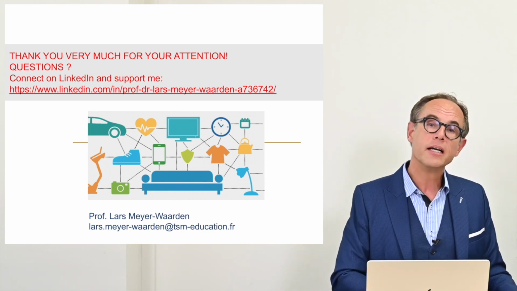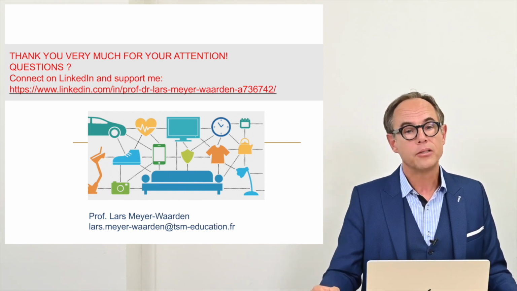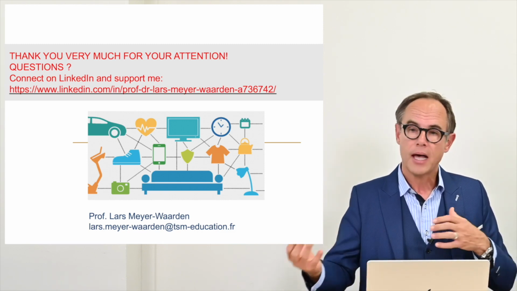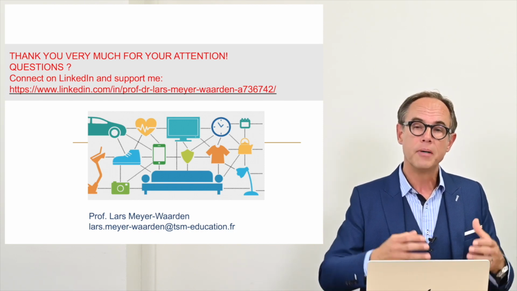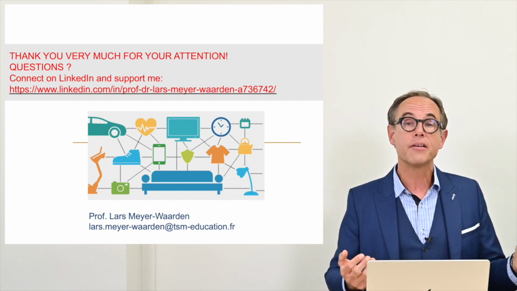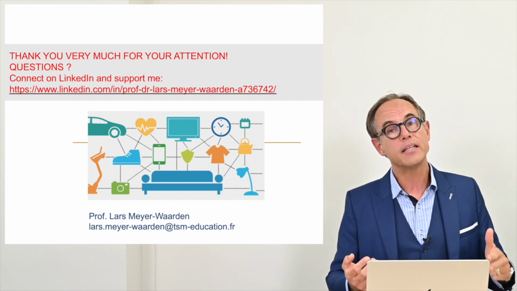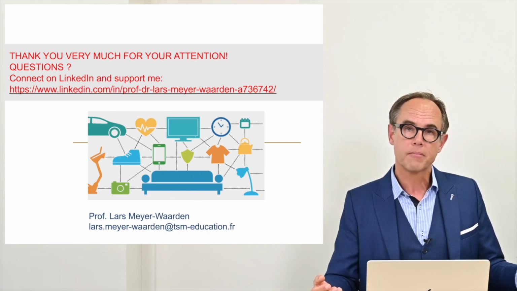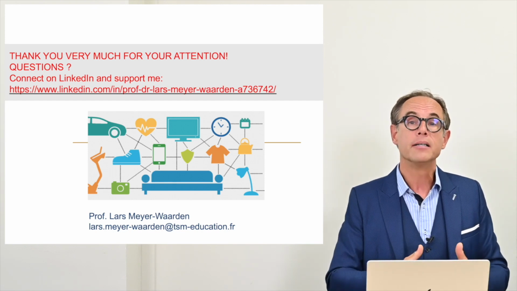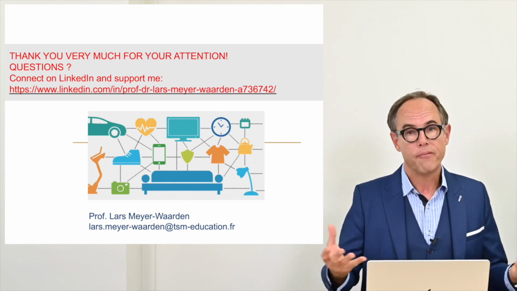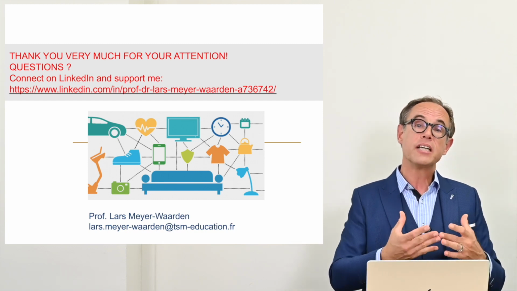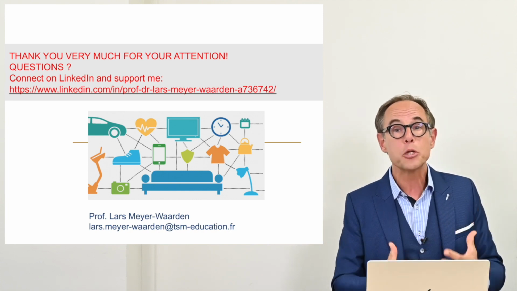The second intended learning outcome today was to show you what these disruptive technologies are, how they are used: IoT, AI, smart city, smart home, autonomous vehicles, and what the cognitive, affective and social acceptance factors are that might influence the adoption of these technologies. Here we saw different theories, mainly the UTAUT and TAM technology acceptance theories, which are very appropriate to conceptualize technology acceptance, but only from the utilitarian point of view. That is the rational point of view.